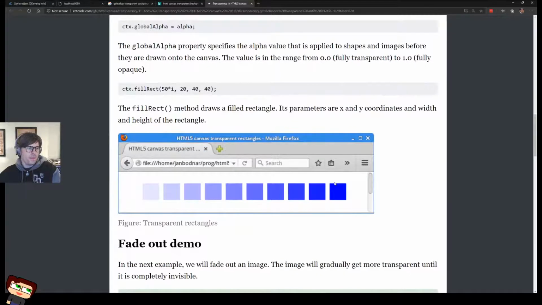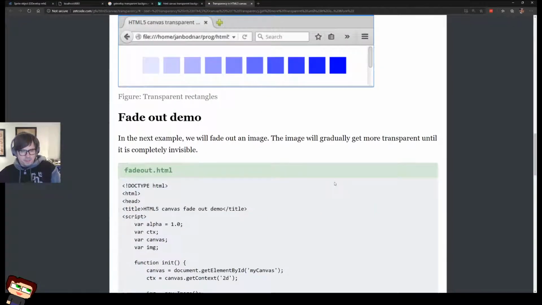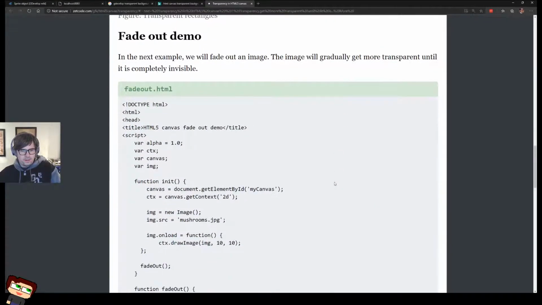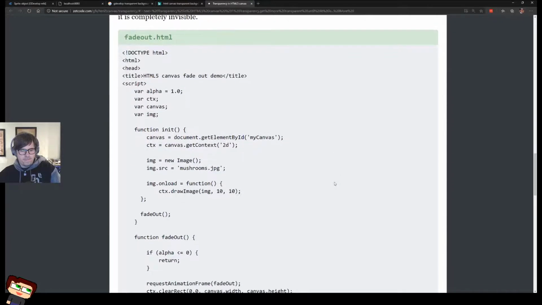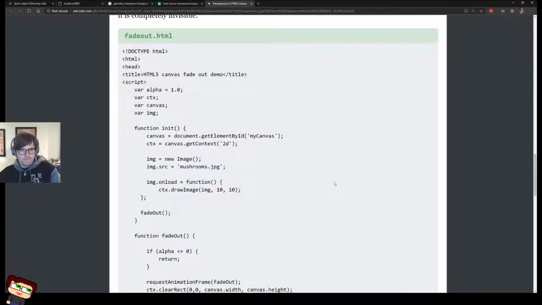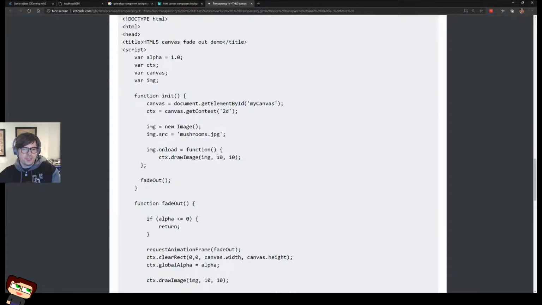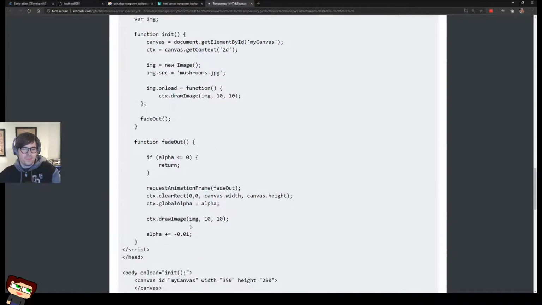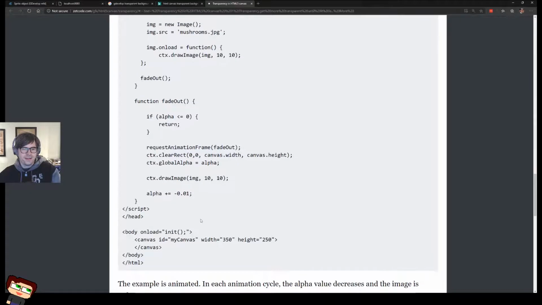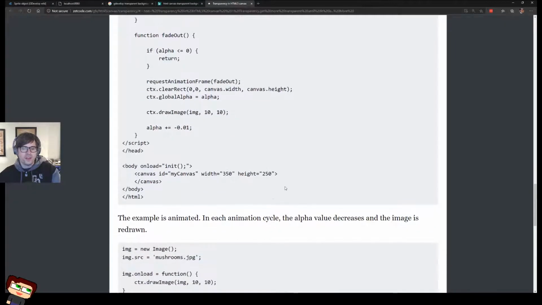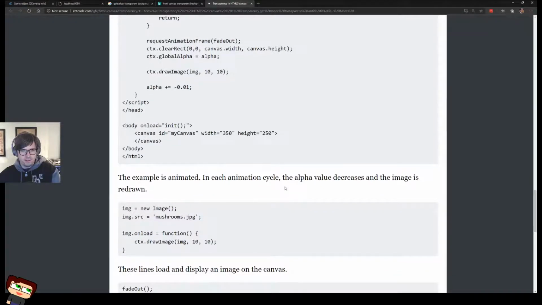So this is what I want to do, right? You see, it draws the image, which is kind of what it's doing right now. It has its base layer. Draw image, keep adding. So it's adding a fade out effect to an image on a canvas, which is fine.